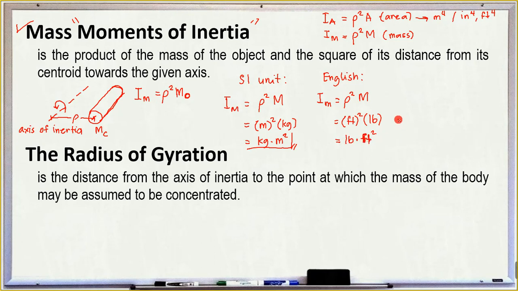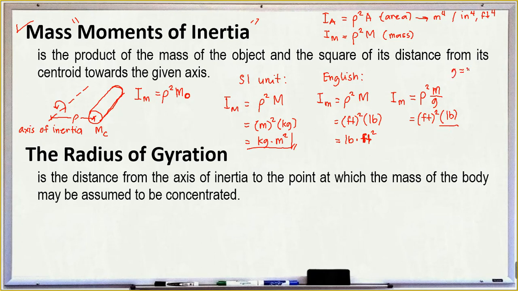However, there are some books that use a different dimension. So what they did is, again, mass moment of inertia is equal to rho square, then we have the mass divided by the acceleration due to gravity. So take note of this one. Again, our distance is in feet, squared, and our mass is in pounds, okay? And the dimension of our acceleration due to gravity, g,